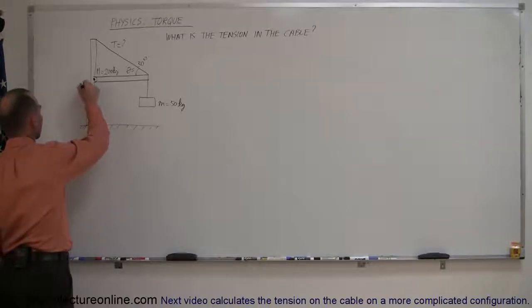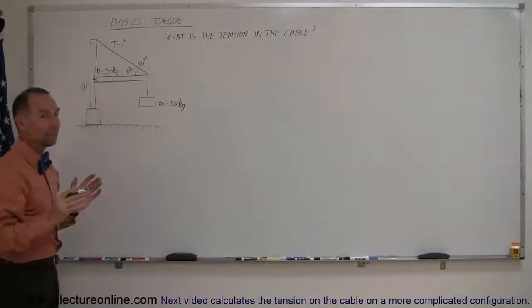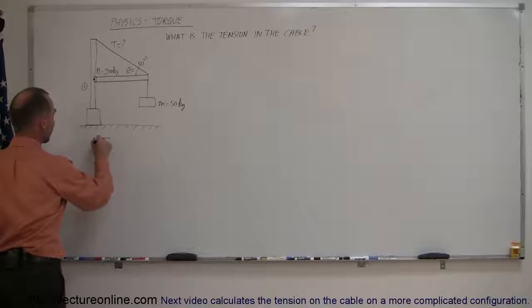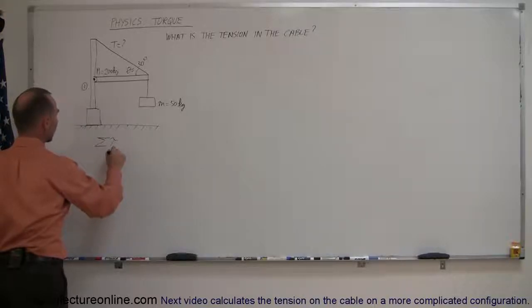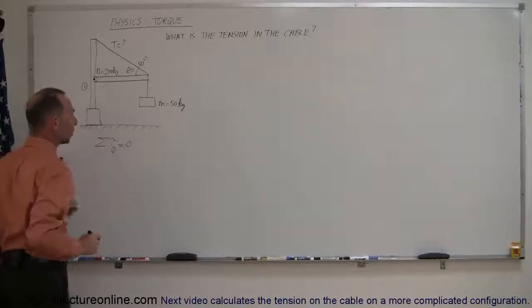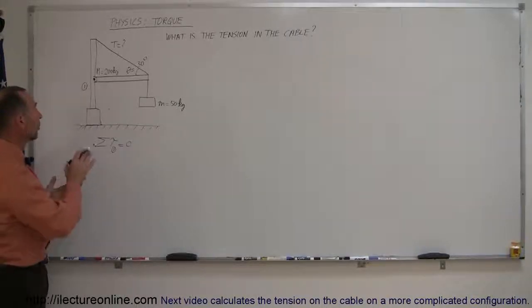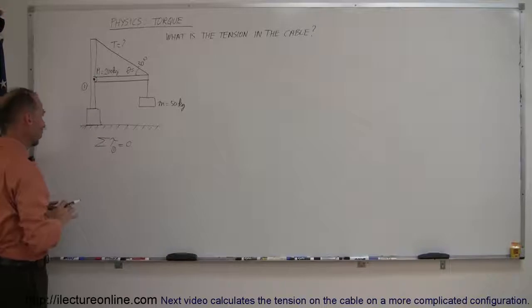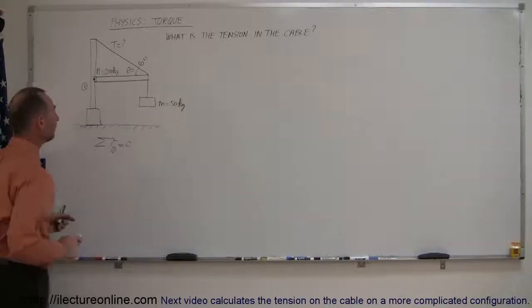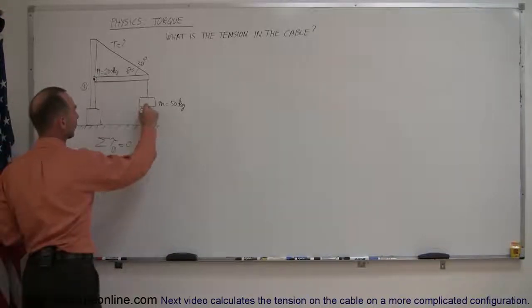All right, I'm going to label that pivot point number 1, and so I can say, based upon this, that the sum of all the torques around pivot point number 1 must add up to 0. And so now what I have to do is identify all the torques related to this problem relative to that pivot point. So using a different color pen, I can say that definitely I have a force going in this